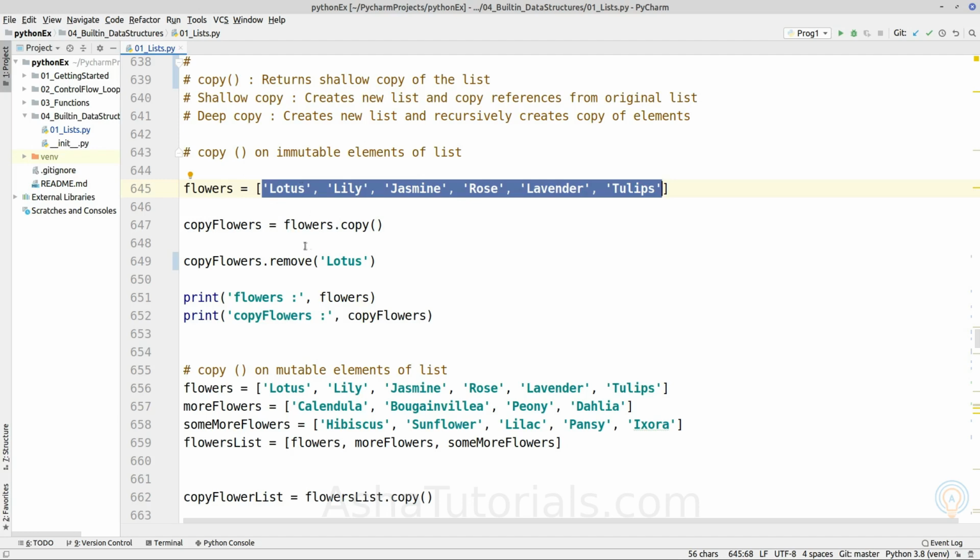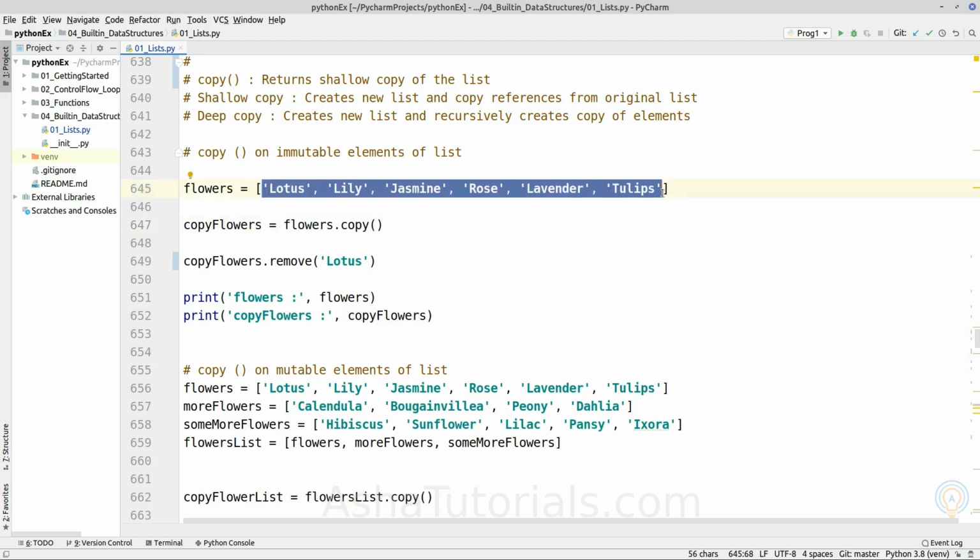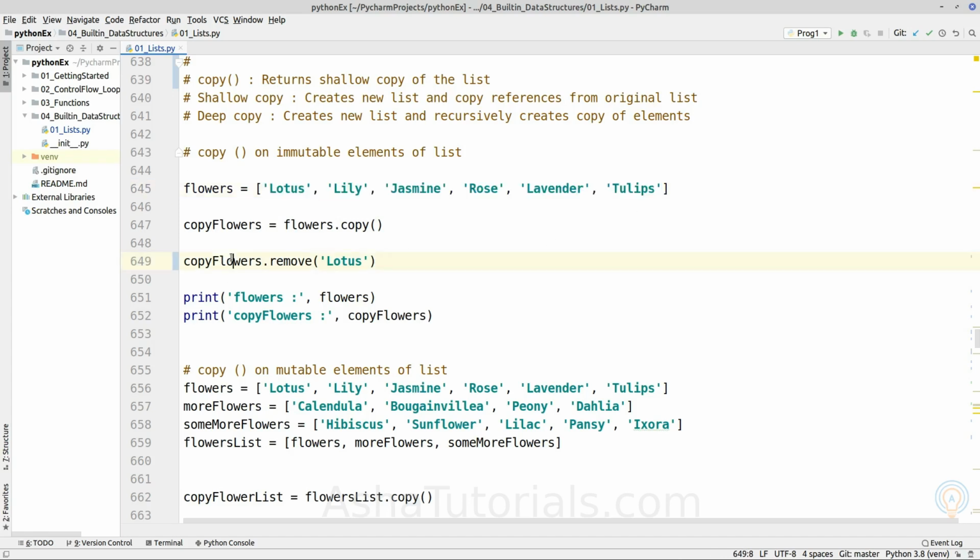So when we are copying this list, we are creating a new list object which will copy all the memory addresses from the original list. This is a list, which is a mutable data type, holding strings, which are immutable data types. When we are dealing with immutable data types inside a list, if we remove one of the elements from the copy list, it will not affect the original list.